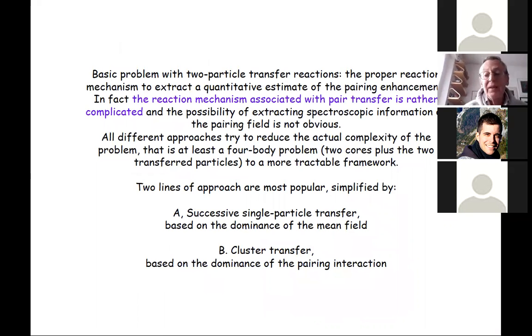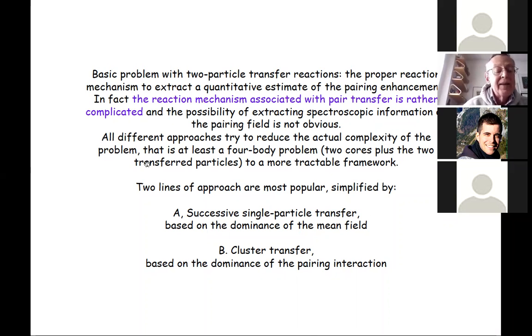The basic problem that, in my opinion, is not completely solved is how to extract from the measured cross-section information on the pairing enhancement. This is due to the fact that at variance with other kinds of reaction like Coulomb excitation, the reaction mechanism is very complicated, and the possibility of extracting spectroscopic information is not obvious. And this is partially due to the fact that the problem is essentially at least a four-body problem. There are two cores and two particles, and most of the theories and models are trying to reduce these complex four-body problems to a more tractable